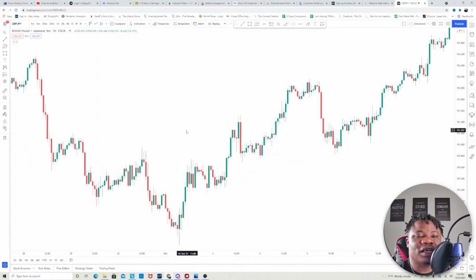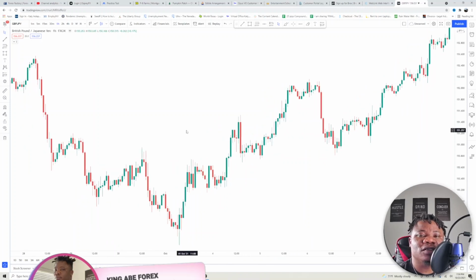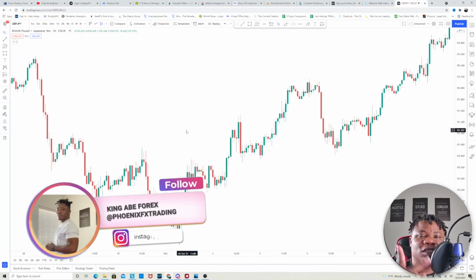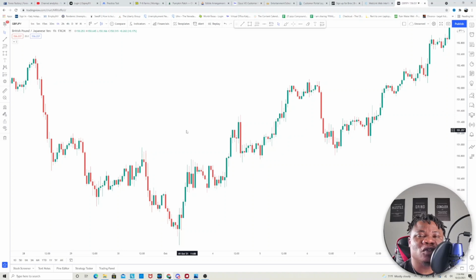Looking at this strategy, because we're going to be using two indicators, and we're going to be looking at this on a 1 hour time frame, and we're going to be using GBP JPY, because GBP JPY is one of the pairs that I really love to trade a lot. So now we're going to be using two indicators like I said earlier, but we're going to be using Ikenashi